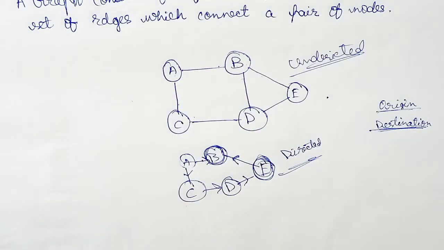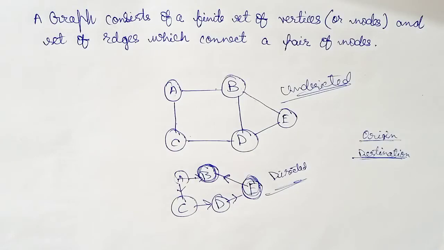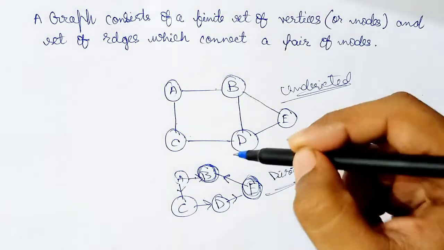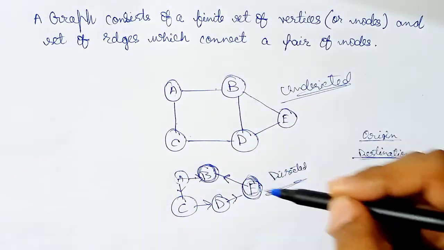But that comes to another question. What if this graph is directed? When the graph becomes directed, there are two more terminologies associated with it: in degree and out degree. So when we use the terms in degree and out degree, we are basically referring to a directed graph, not an undirected graph, because these terms can only exist in a directed graph. Let's see how. The in degree basically means the total number of incoming edges connected to a vertex.